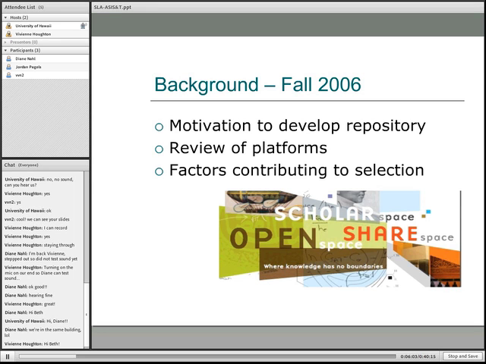So then we began looking at some of the platforms, and because like many libraries we have a very limited budget, we looked at some open source platforms, and at the time those were ePrints and Fedora, and then the DSpace platform. And we did choose the DSpace platform, and some of the contributing factors for our selection were